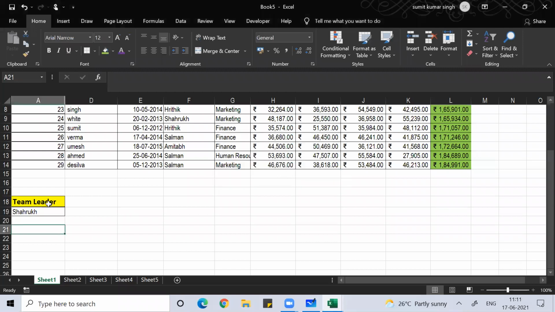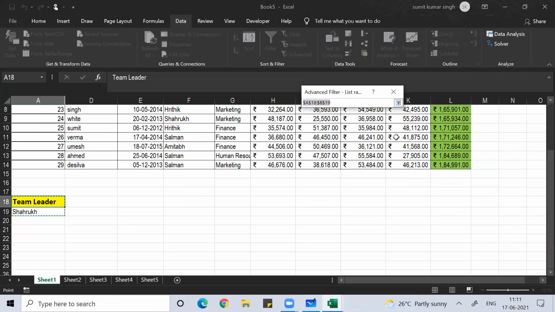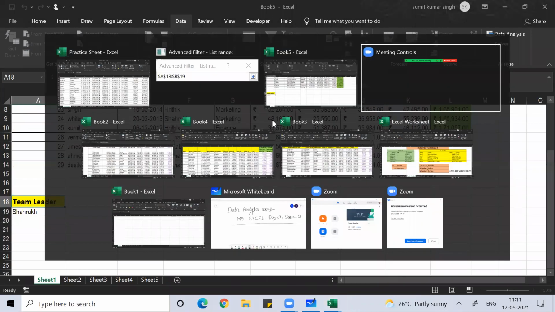So for that, guys, you have to understand. Imagine where you want to fetch the data. If that is in another sheet, make sure your cursor is here, then do Alt A Q, and click on copy to another location. Go to the sheet where the data is.